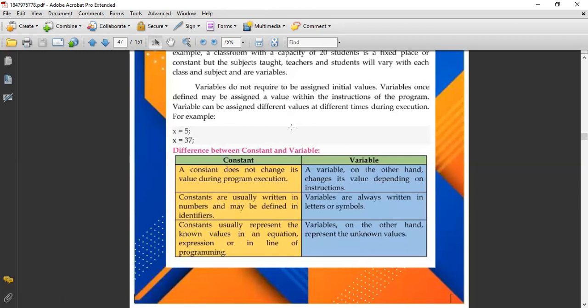Now, these are the rules for naming variables. I explained in the class as well and asked you to write 10 variables of your own choice with valid variable names. Valid variable names means you must follow these rules. Okay, names can contain letters, digits, and underscores. No other special symbol, no other special